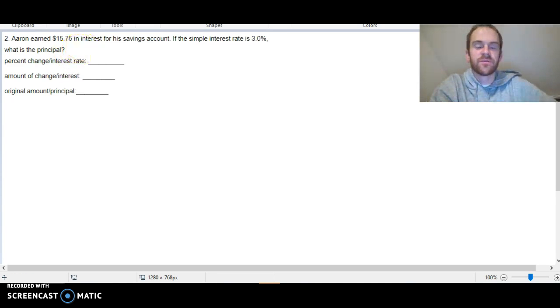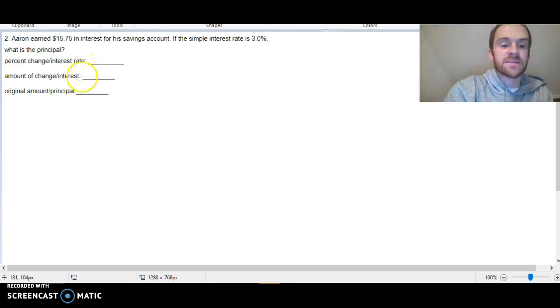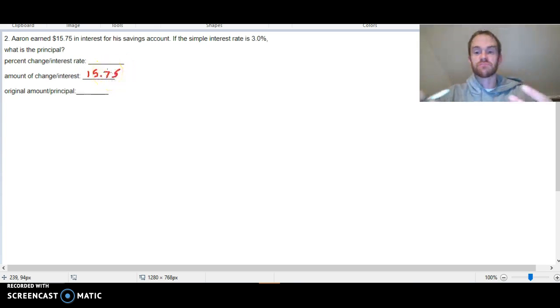Interest, remember, we said is the same thing as the amount of change. So we know that the money in his bank account is changing by $15.75. In this case, he's getting that much more money. Kind of a sweet deal. He has some amount of money sitting there, and he's going to get $15.75 just added on for letting the